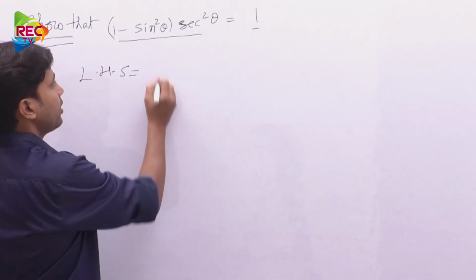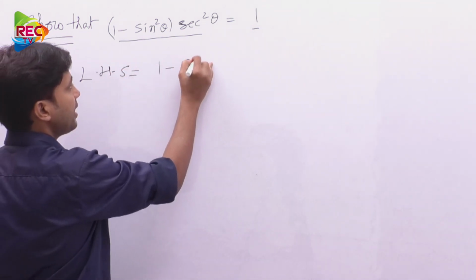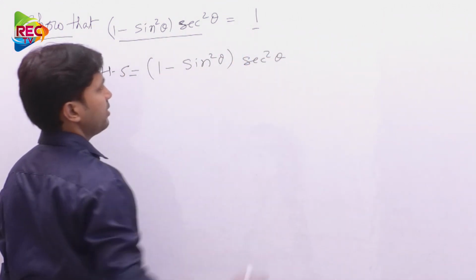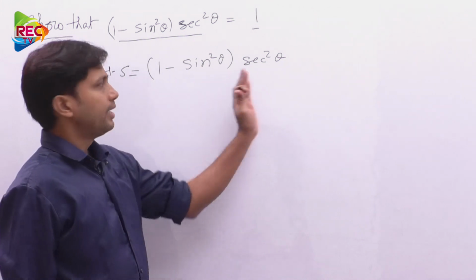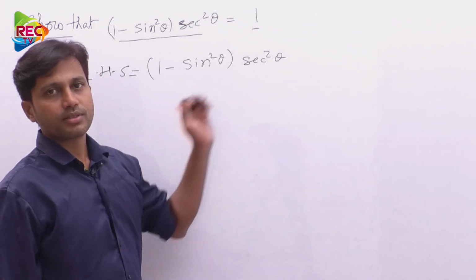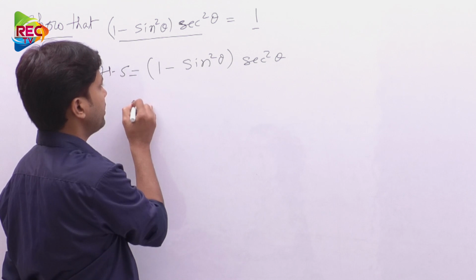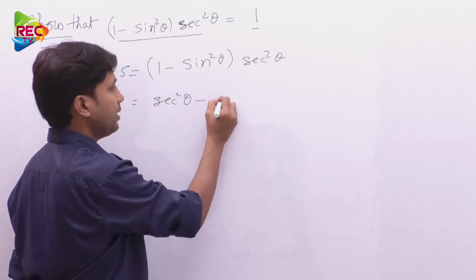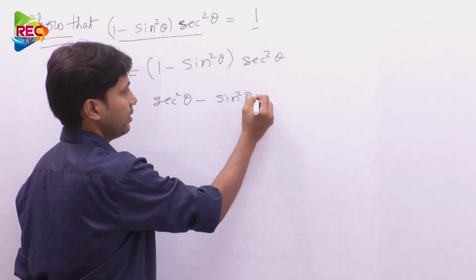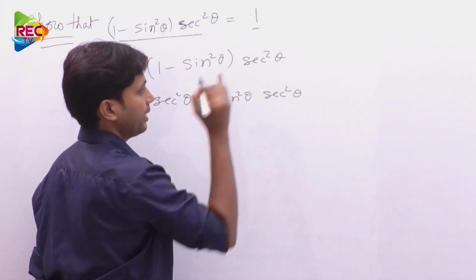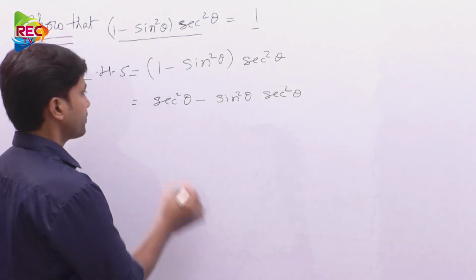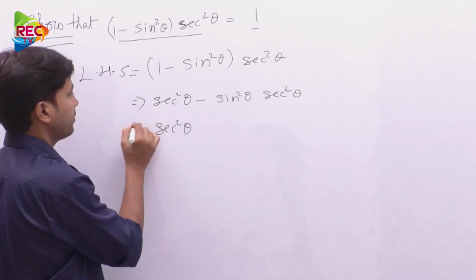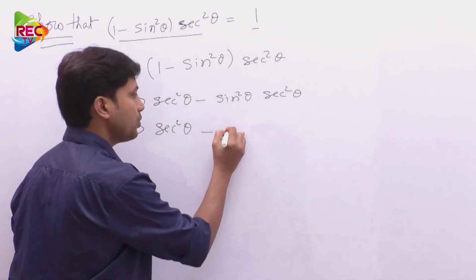LHS. Now, this would be your 1 minus sin square theta into secant square theta. So, let us do one thing. Multiply the secant square theta with all the terms. Here secant square theta into 1, that would be your secant square theta minus sin square theta into secant square theta. Right? Okay. So, now this would be your secant square theta minus sin square theta